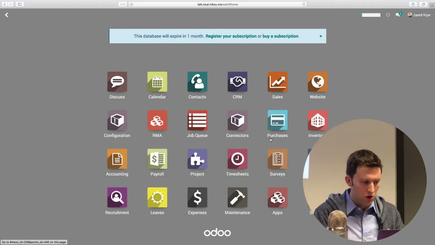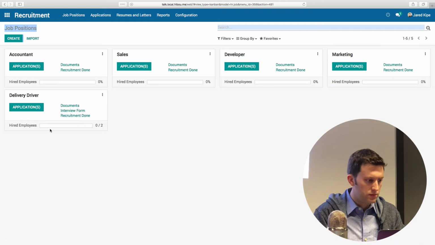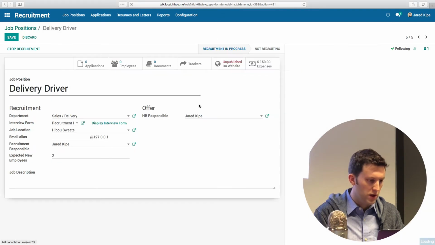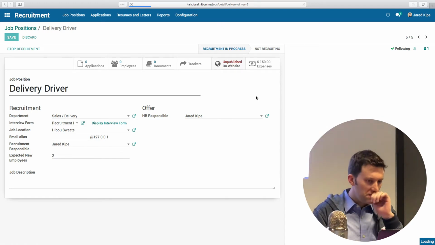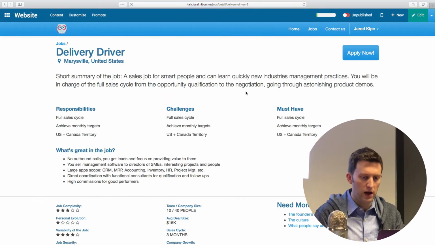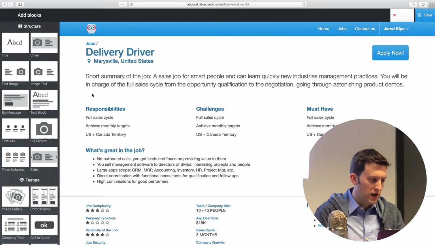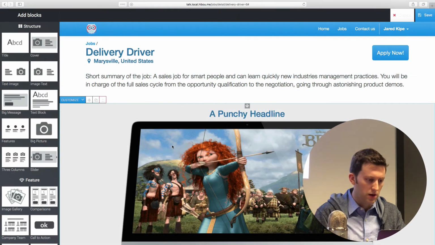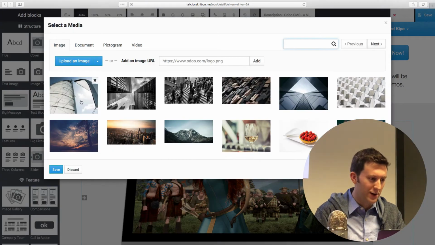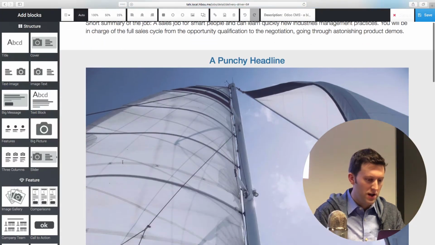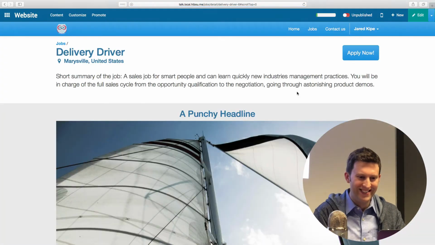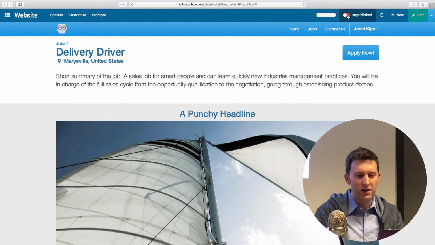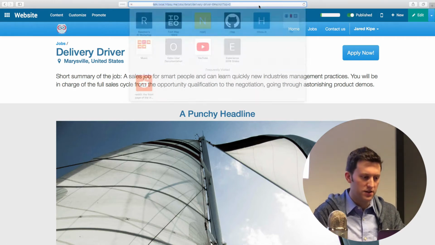All right, so we'll go back over to my recruitment form, or recruitment job. So we'll go to the front end of the website. Everybody's probably familiar with the way this works, but I'll go ahead and edit and drag in a little block over here, and probably seen it a couple of times, but we'll change the photo and we'll just make this look a little bit worse, and then we'll save it. So we got the publish slider up here, and we'll publish it, and now we can just take this URL